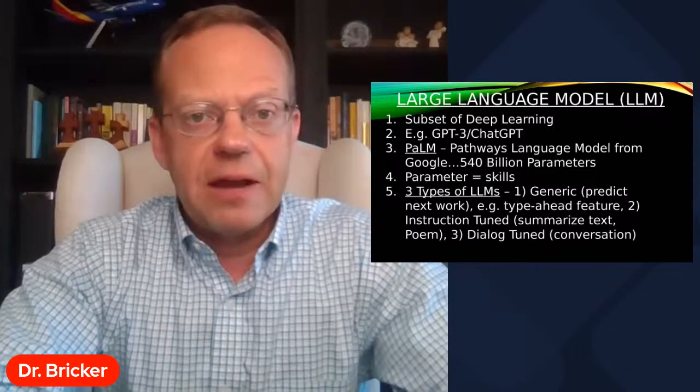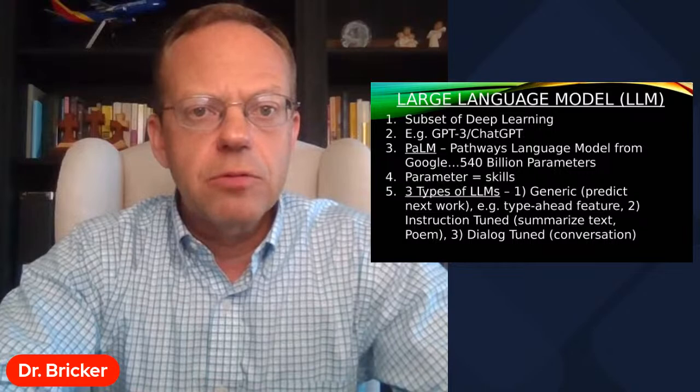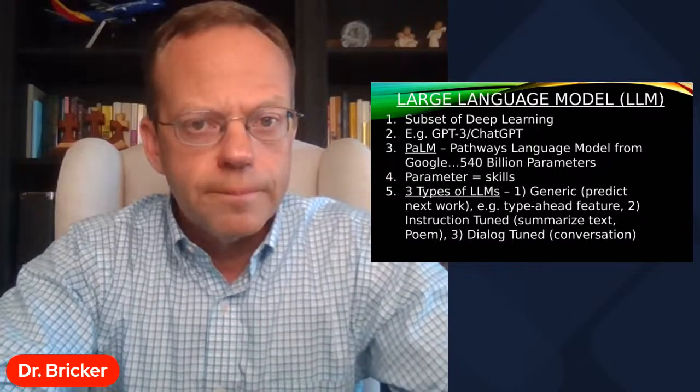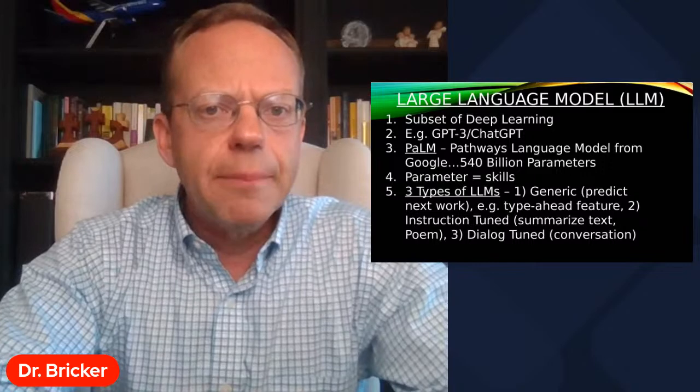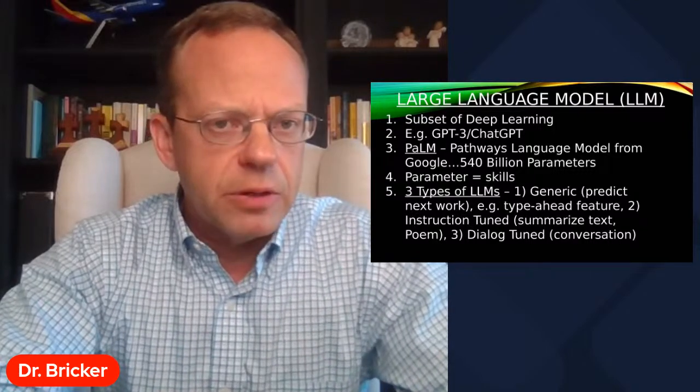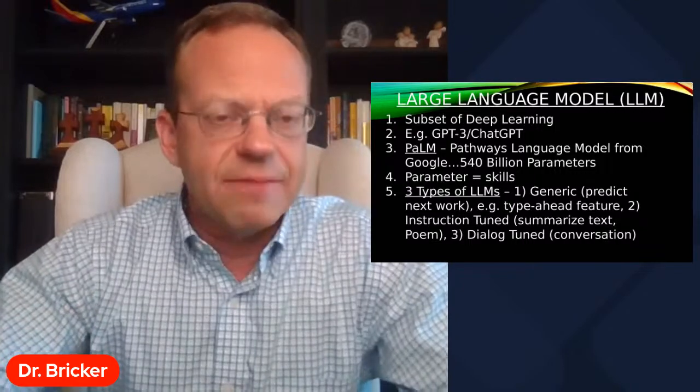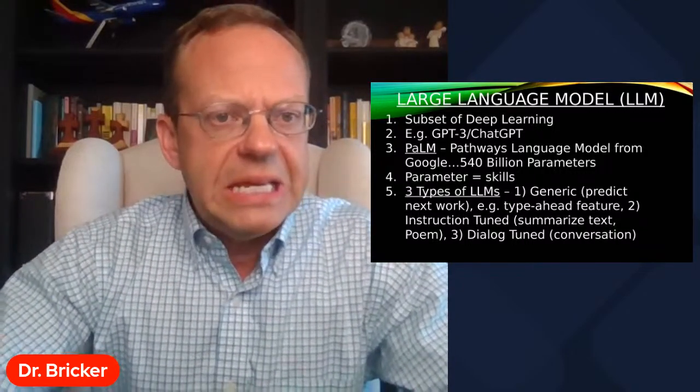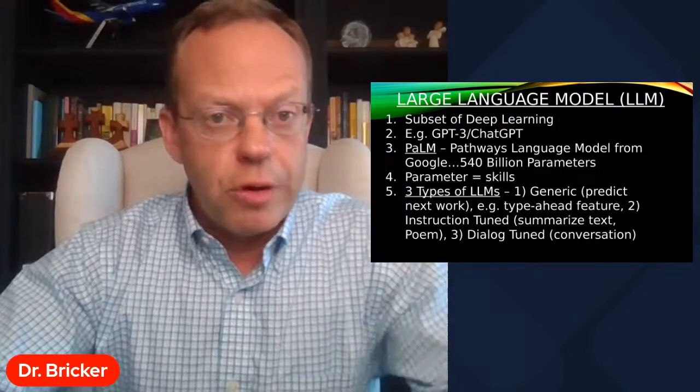Okay, sentences. Now, another term that you might see is PaLM, which is an acronym, of course, because everything has to have acronyms, which is Pathways Language Model from Google. Now, the reason I'm bringing this up is because PaLM has 540 billion parameters. And of course, everything in computer science, again, it has to have a term. And so all a parameter is, is a skill. And so that skill could be like writing a poem. That skill could be like translating, one of the examples they use is from English to French.